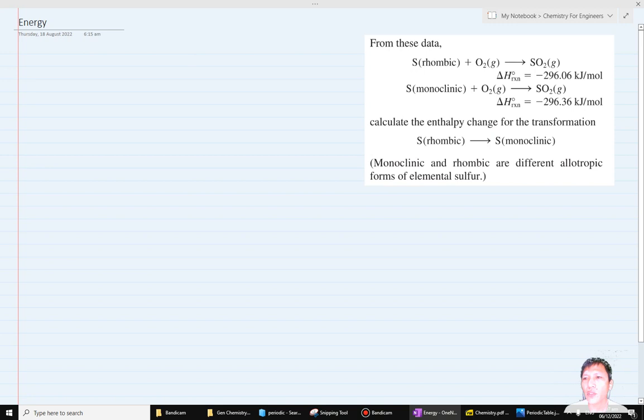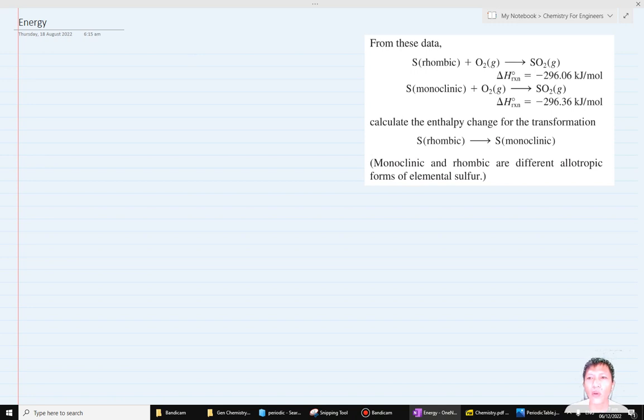Calculate the enthalpy change for the transformation of S rhombic to S monoclinic. Monoclinic and rhombic are different allotropic forms of elemental sulfur. So it's an allotrope, meaning it is a different atomic formation on the atomic scale. So anyway,